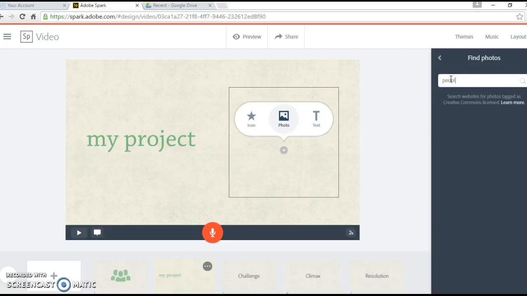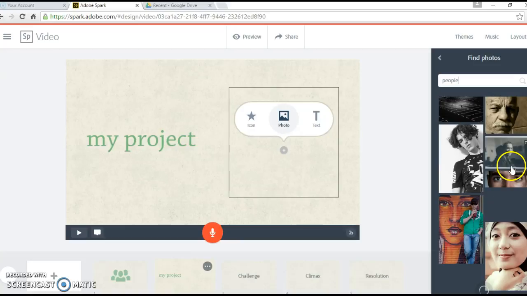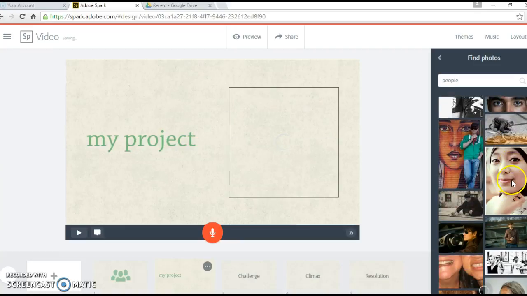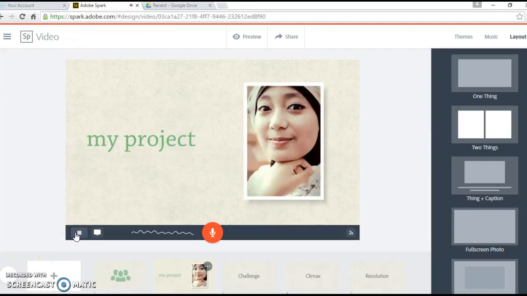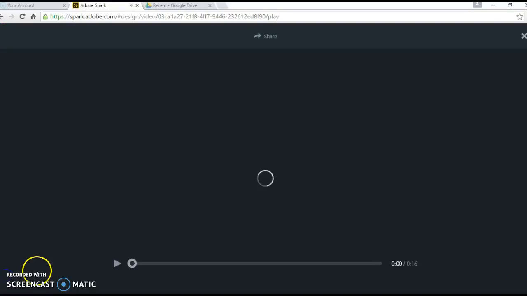And again, I'm just going to search for people. And these are all the different ones that come up. This one looks useful. There you go. Now, if I want to see what's happening at the moment, I just want to have a preview. If I want to look at just this slide, there you go. If I want to look at my project in total,